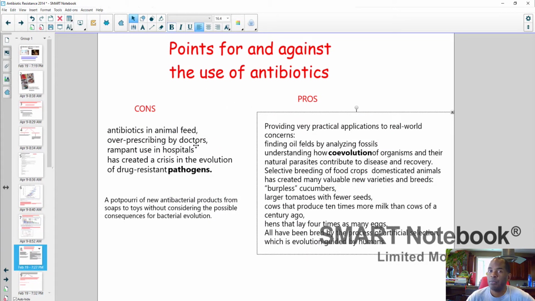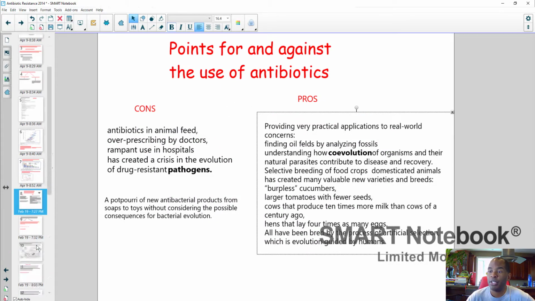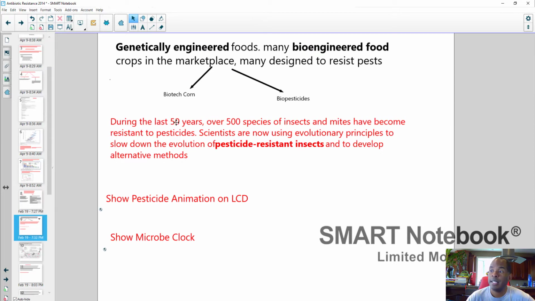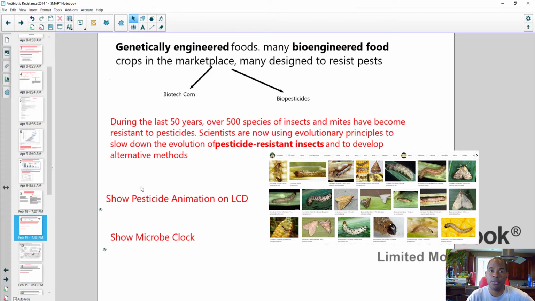So in your project, you're going to be talking about pros and cons, but you're going to be applying it very specifically to your stakeholder group. In this particular lesson, if I were doing a full lesson, there would be a few things I would like to show you. In addition to antibiotic resistance, you can also have other organisms. We know that on the farms, I live in farm country out here, the farmers use an enormous amount of pesticide or pesticide-like products in order to reduce the loss of the crops to corn borers or hornworms